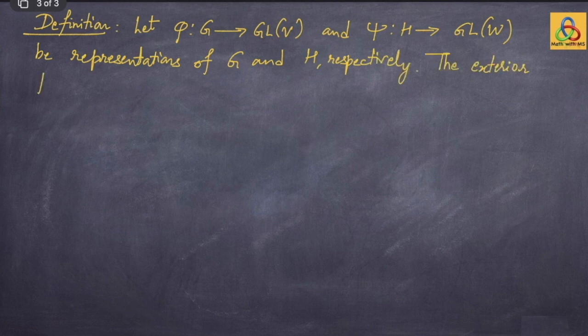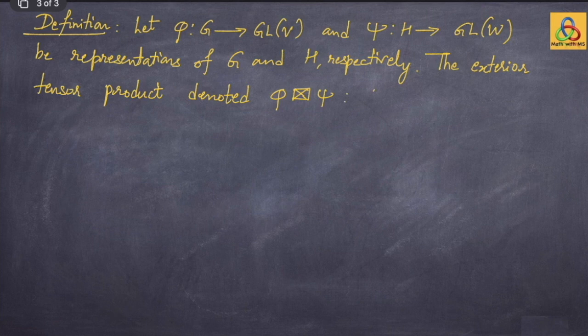Then we define what is called the exterior tensor product of phi and psi. Let us denote it by phi square tensor notation psi, and it's a map from G times H, the direct product of G and H, to GL of V tensor W, given by